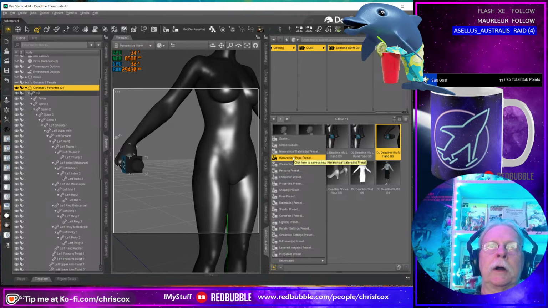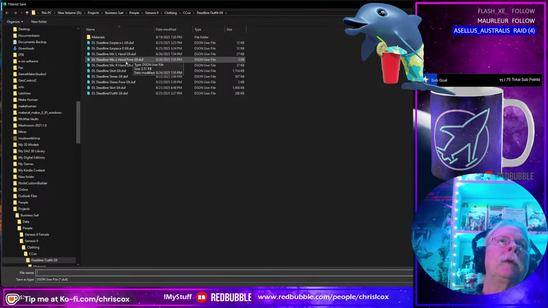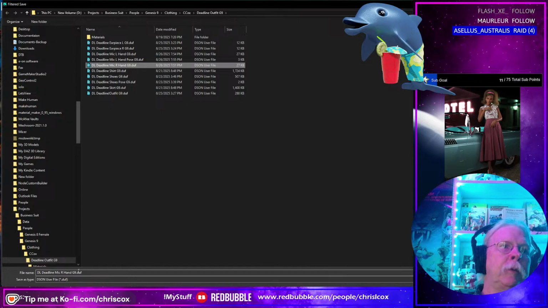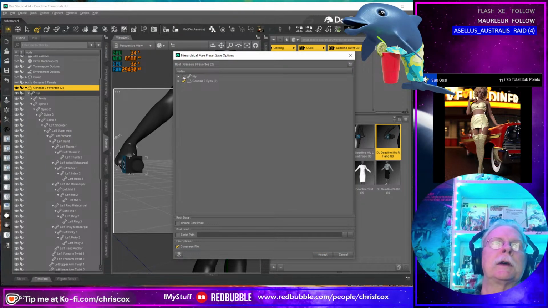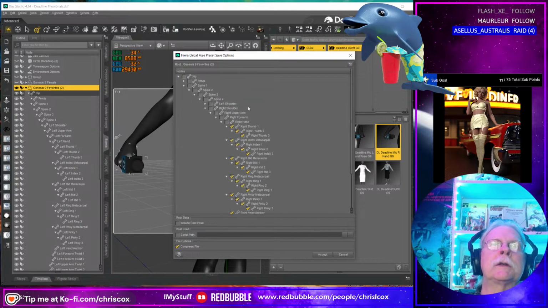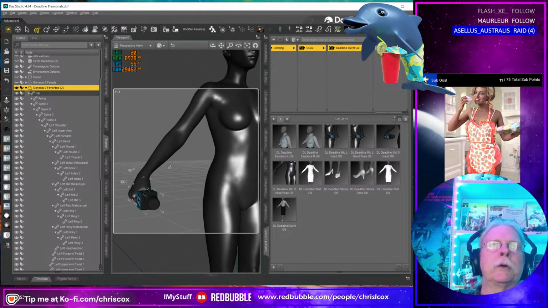And hierarchical pose preset. You're going to be that one right there. We're going to say our hand pose and uncheck. Actually, I just need to do this, right? Check only scene selected items and then accept that. All right, we should be good.